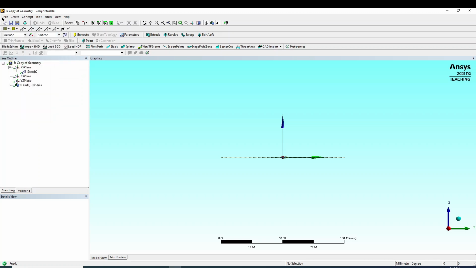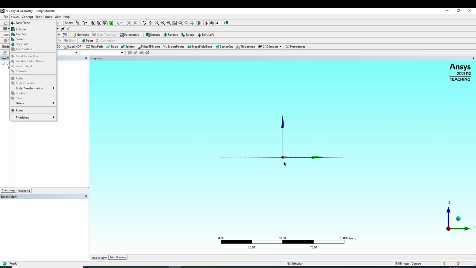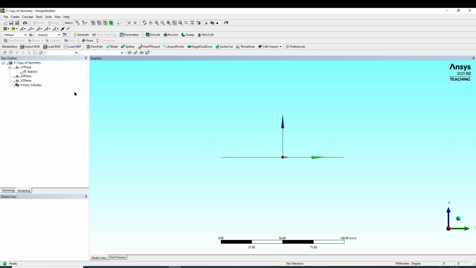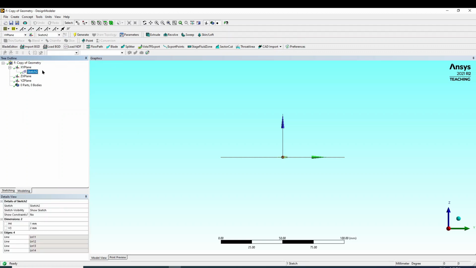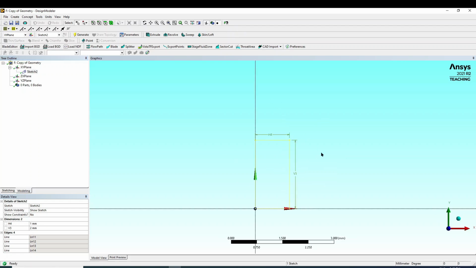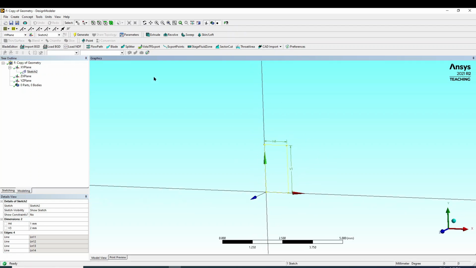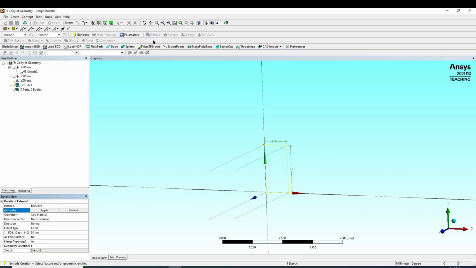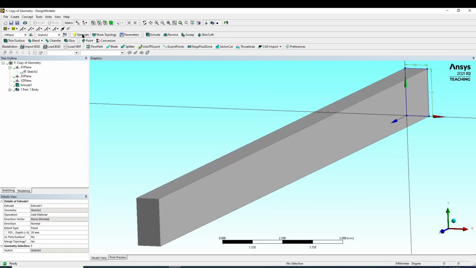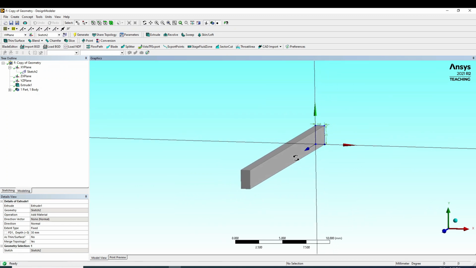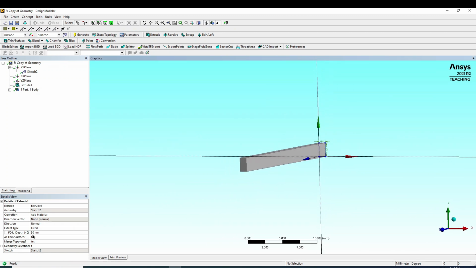Alright. Then create. Now, presently, which plane am I working on? XY plane. The sketch is in the XY plane. Now I want to extrude it. I can simply go for the extrude option and apply, generate 3D. What is the length of the extrude? You can see here 30 mm. I can change it to 10 mm and generate.